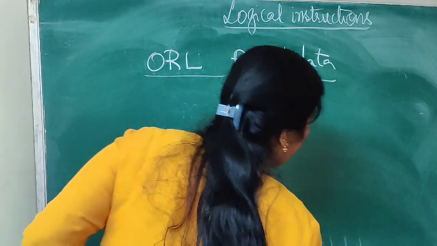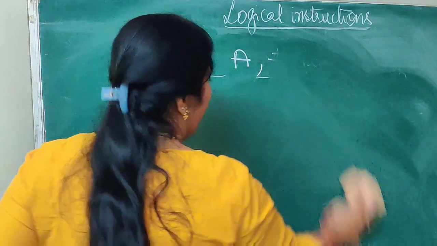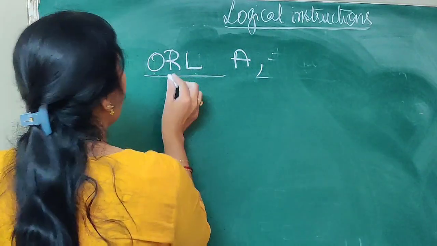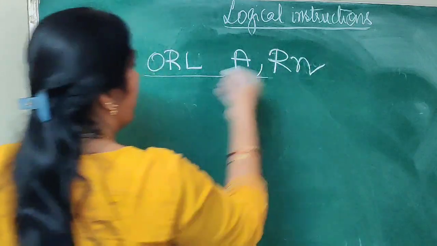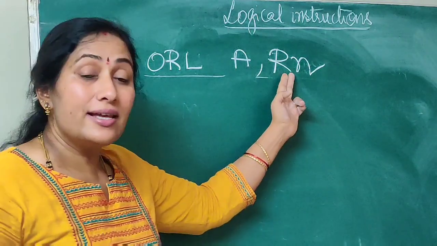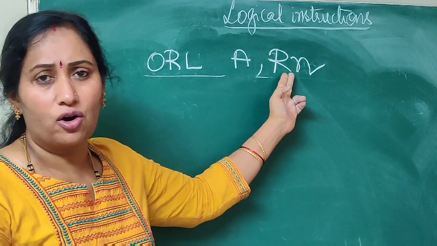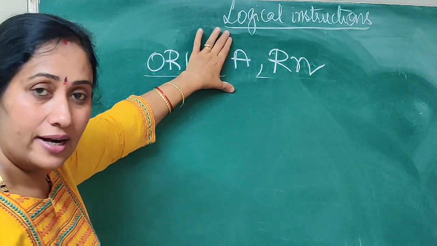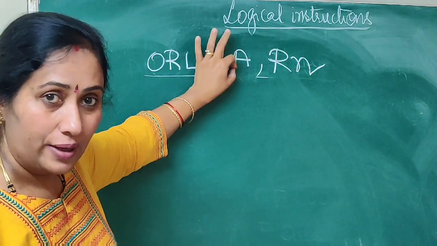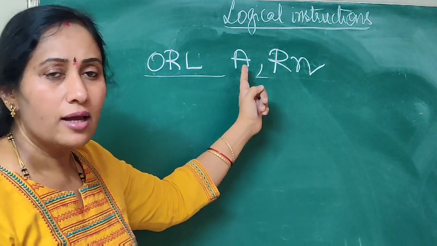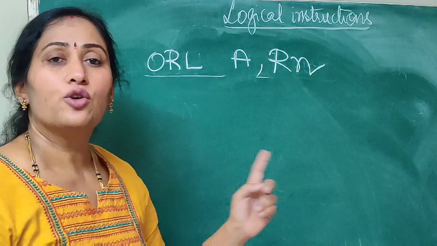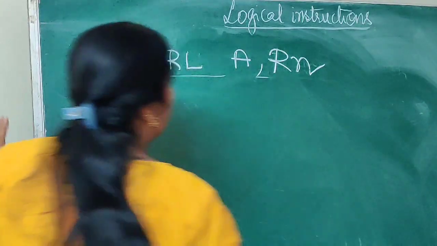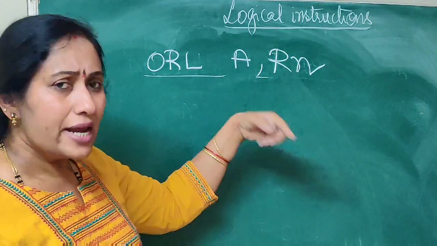Now I am just going to change the source, how we specify it in the instruction, like in the AND operation. On the same lines, you have ORL A comma Rn, register addressing mode. I am saying that there is data in a working register, maybe R0, R1, R2 up to R7, and the content of that working register will get ORed with the contents of the accumulator, and the result is placed in the accumulator. The length of the instruction is 1 byte. No need to give an example, you can refer to the previous one. Only the way I specify the source operand is different.